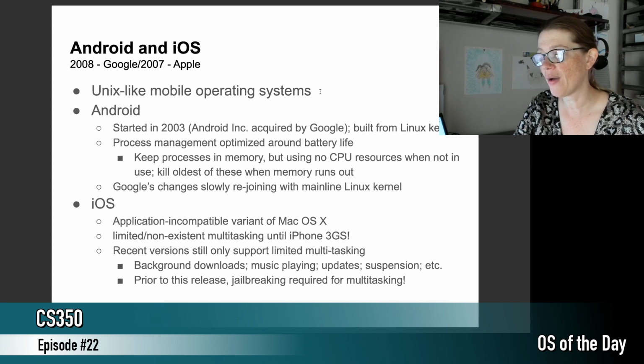Then you have iOS. Now, iOS is also kind of, I want to say, a fork of Mac OS X, except unlike Android, where things are reasonably easy to transport between Linux and Android, the applications on Mac OS X are very much incompatible with iOS, even though they share a large body of code. Some of the other things too is that while Android gets a lot of its concurrency elements from Linux, and has kept a lot of those, even if it's modified how they work,